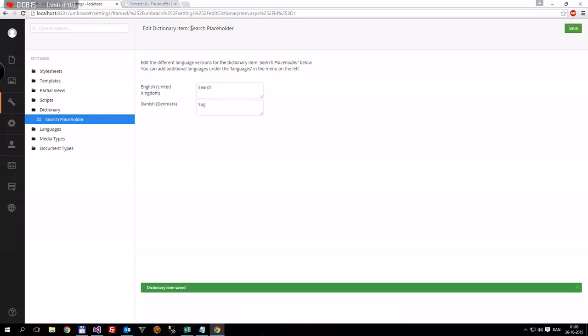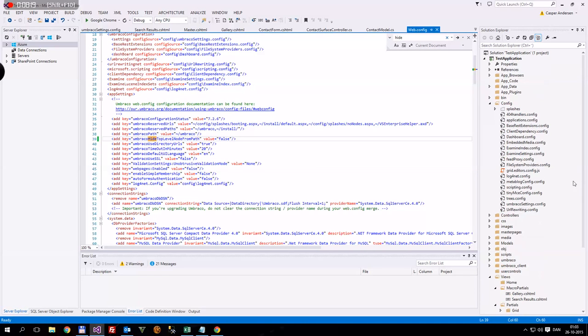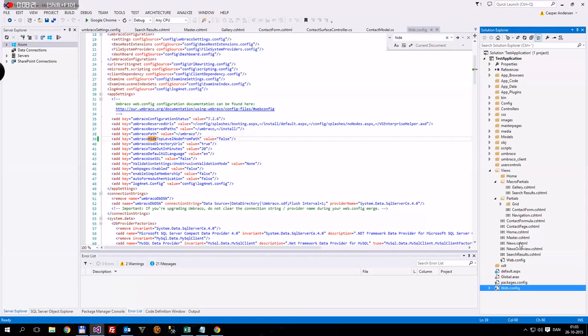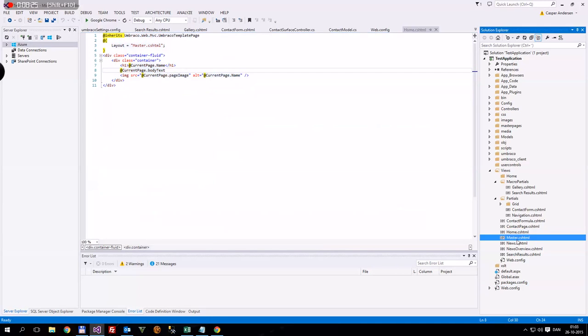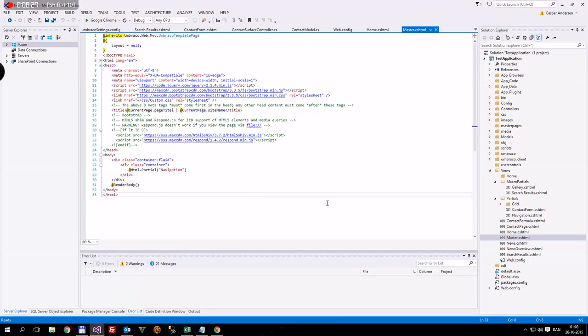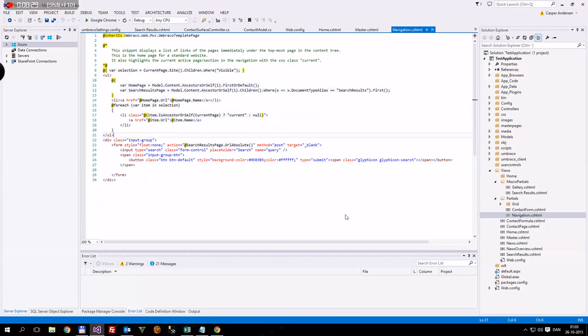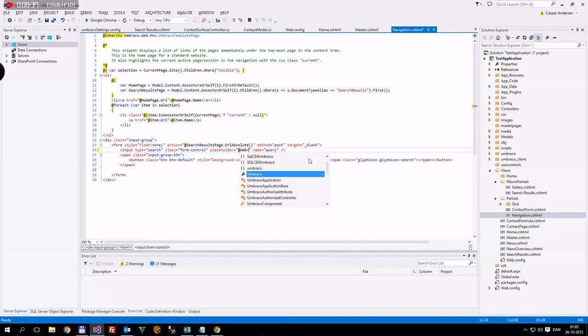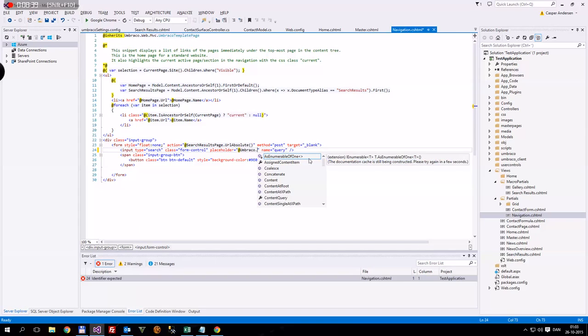And then now we'll just take this, go into our Umbraco installation, just close that, and then go to our master page. That's home, master. Ah, it's in navigation, of course. And then we have the placeholder, so we're going to remove that, and then we're going to write at Umbraco dot field,